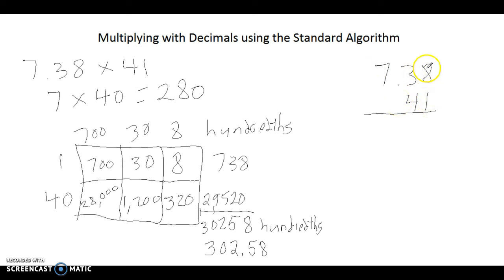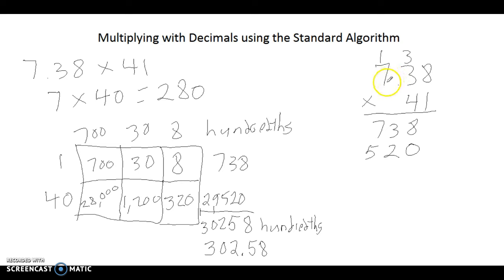So we know 1 times is going to give us 738, and then 4 times 8 is 32 tenths, where we're going to regroup the 30 tenths and put down the 2 tenths, and we have 4 tenths times 3 tenths is 12 hundredths, plus 3 hundredths is 15 hundredths. So we're going to regroup the 1,000, put down the 15 hundredths, and finally 4 tenths times 7 hundredths is